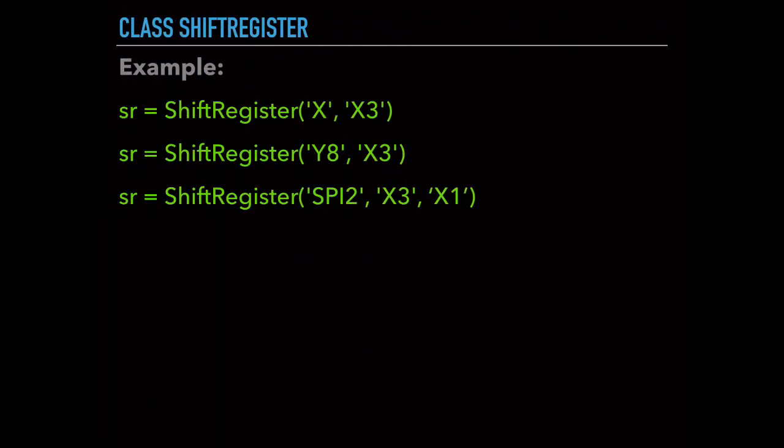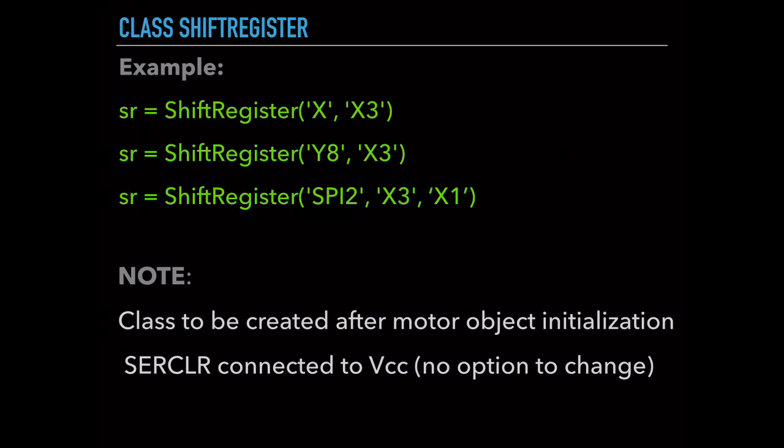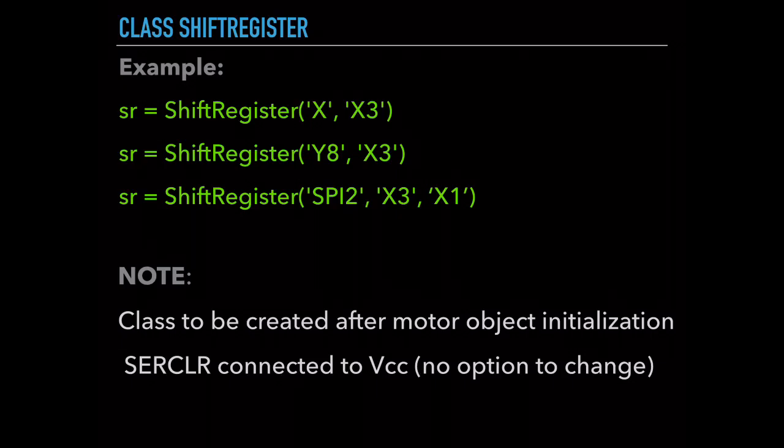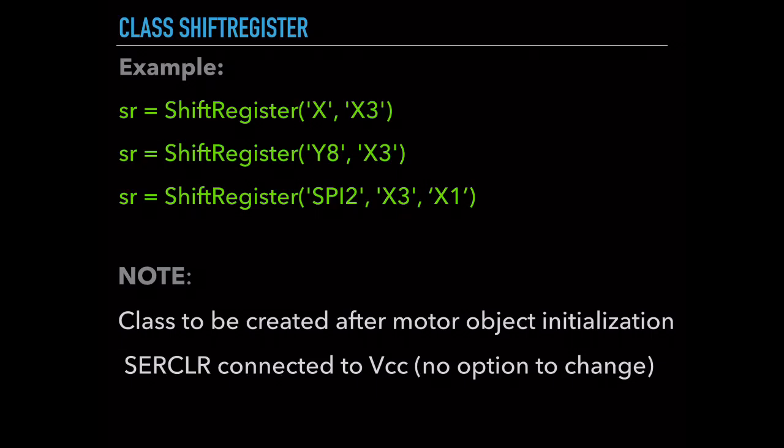And this is an example of how to initialize the SPI. And please note, this initialization of the shift register has to be done inside the other 2 classes, the motor driver classes, drive DC or drive stepper class. We will see how to use this shift register class in the motor driver classes. And here I am not using the clear signal input, since on the driver shield it is connected to VCC. We don't have any option to change it.